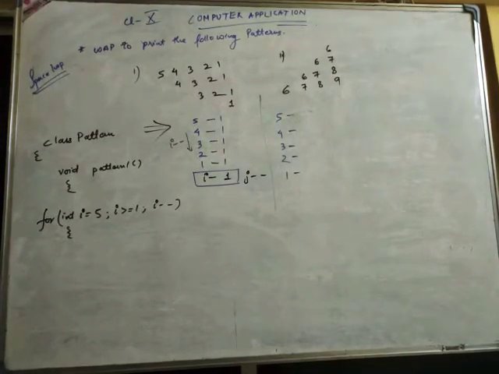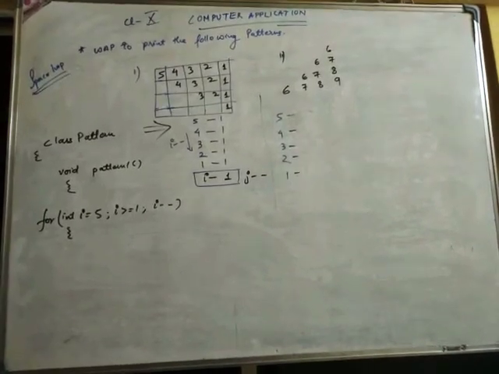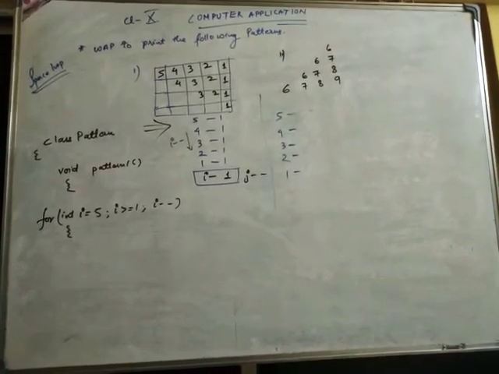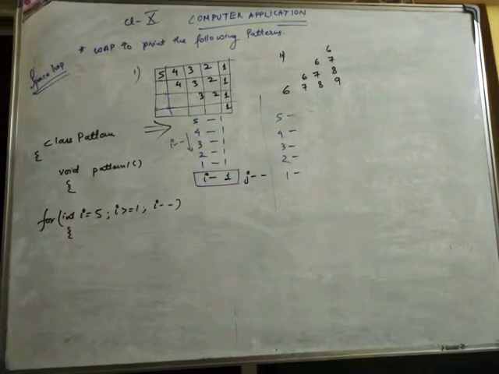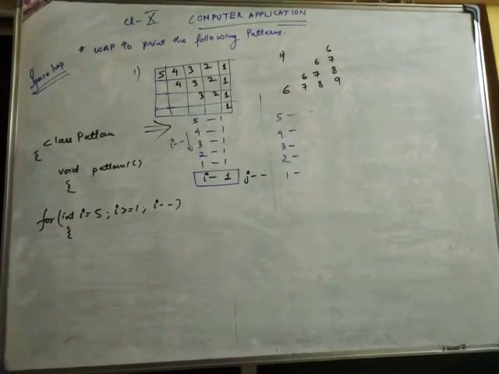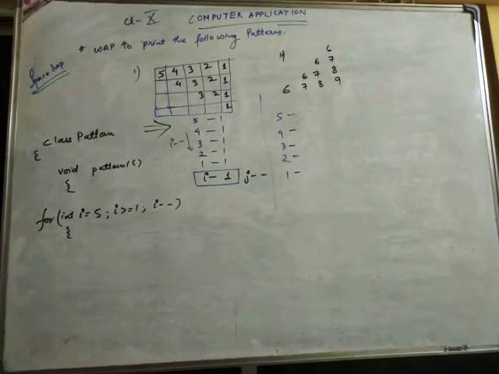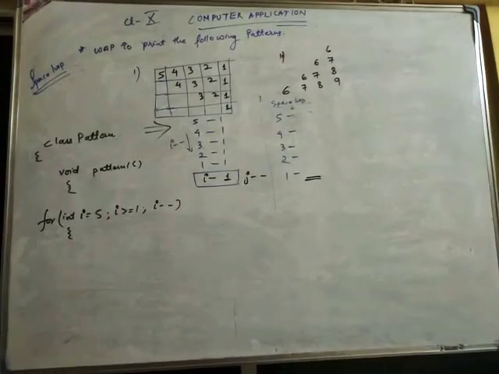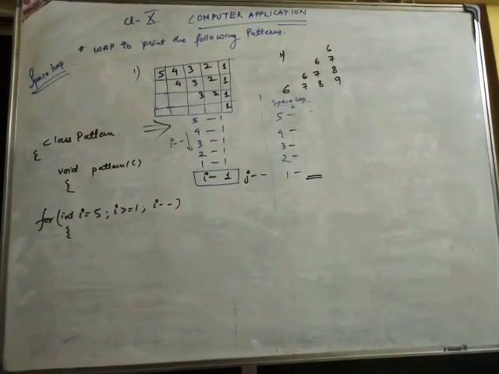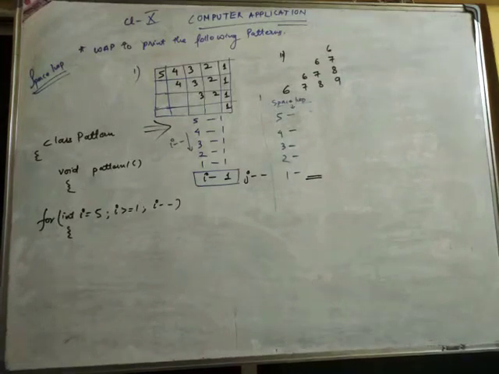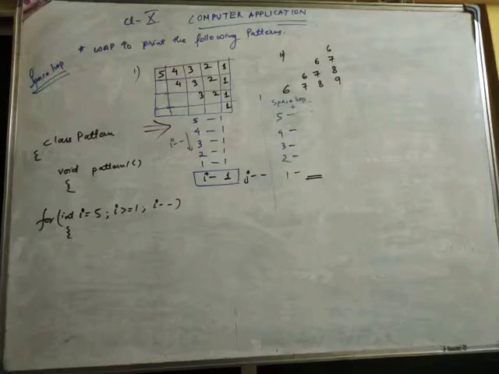In the last line, if you see the question, we have the maximum spaces: that is 4 spaces we have. So we have to put that entry in the table. The table on the right side, we have made 5 4 3 2 1 for the space loop. So I have to put the value in the last. Okay, why last? Because we have maximum spaces at the last. So how many spaces do we want? We want 4 spaces at the last line. So what value should I put in the last line?